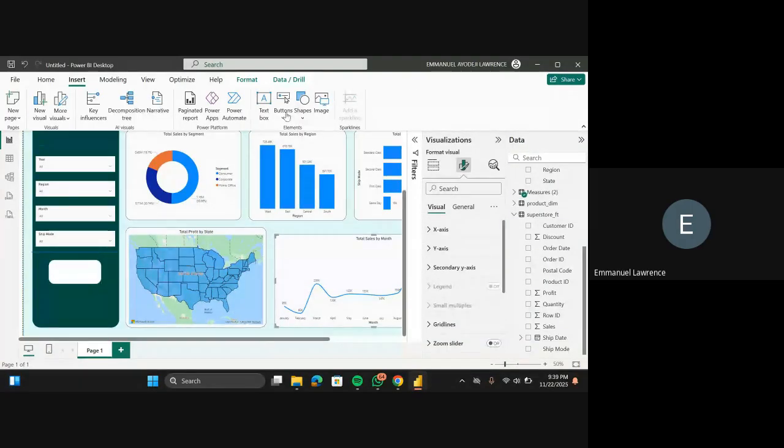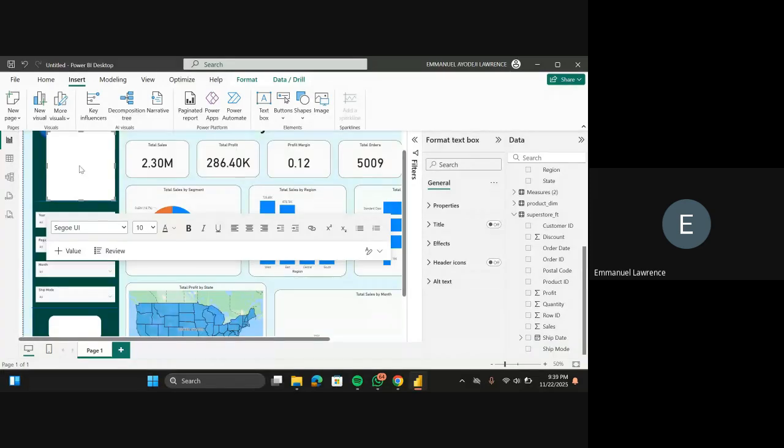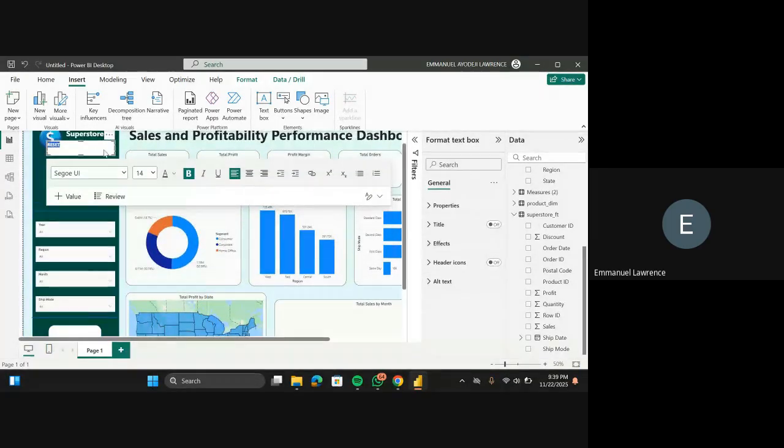So then just include the text box, and I'll call it reset, R-E-S-E-T, right? Control A. Now bolding it. So I increase the number, it is actually too tiny. Then Control B. Make it very bold. Yeah, I'm black. So I'll be dragging this down.